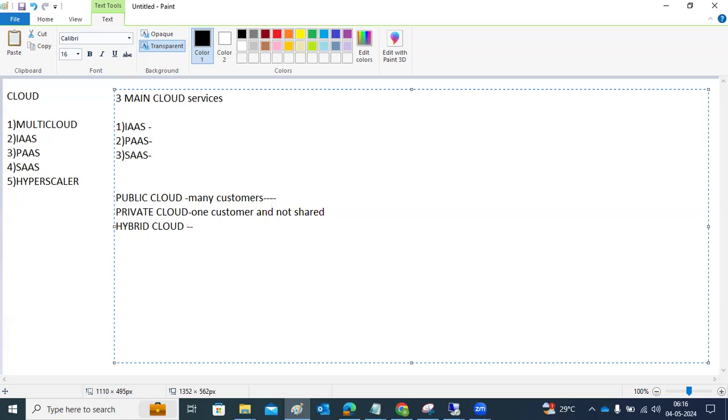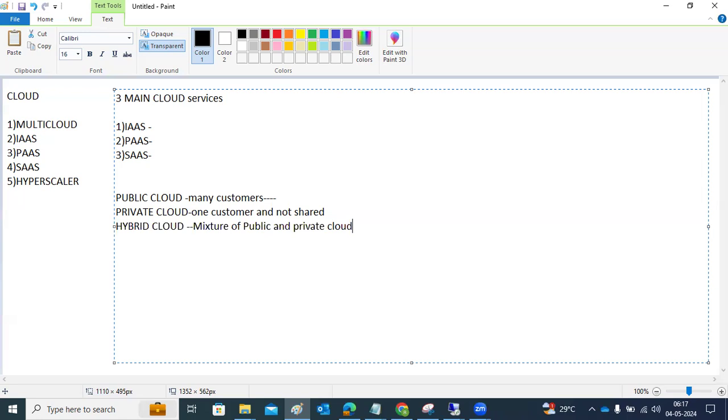Public means shared among all the customers, with data separated. But what is hybrid cloud? Hybrid cloud is a mixture of public and private cloud solutions. It's an integrated landscape that also includes on-premise solutions.